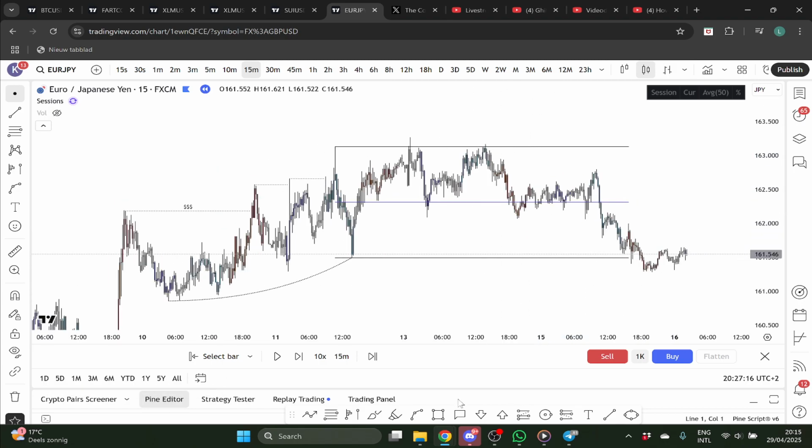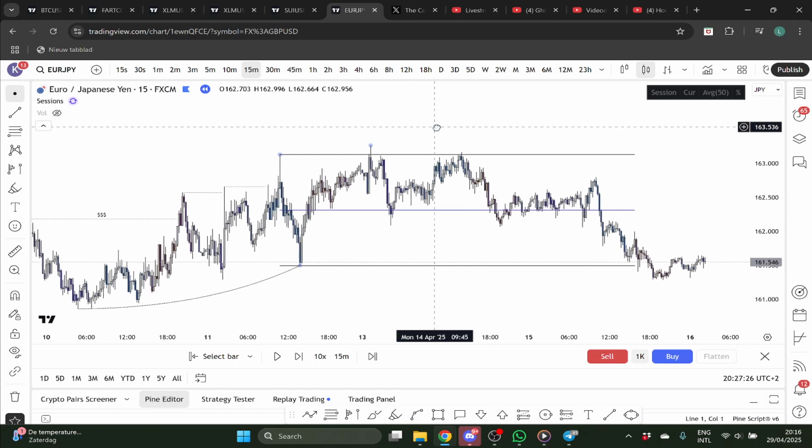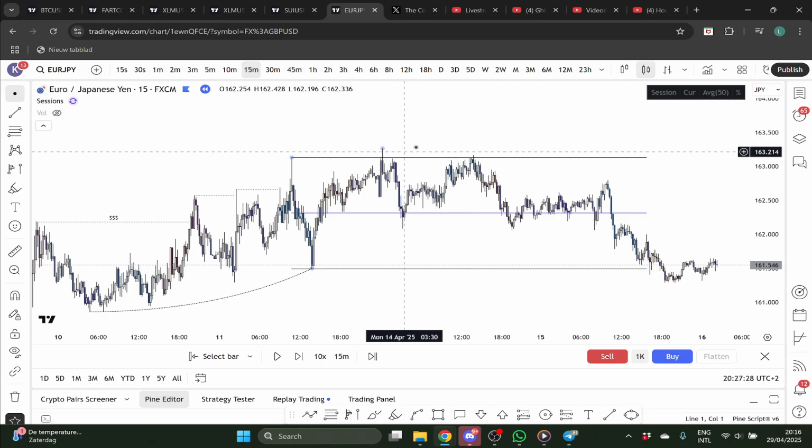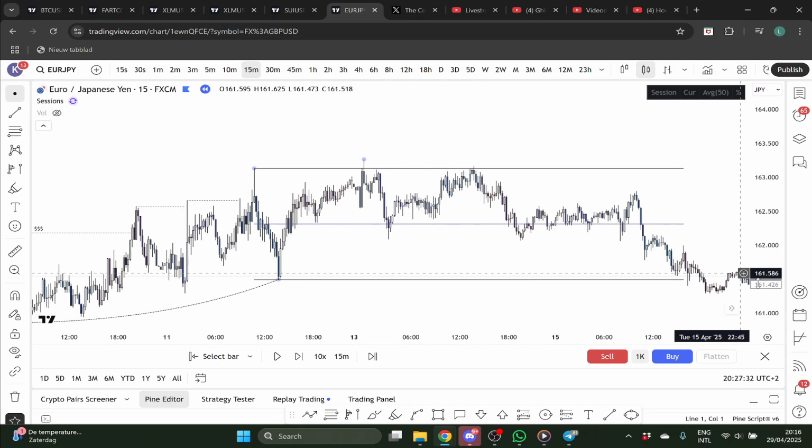Okay, so we were trending up. Initial range high, initial range low, price comes back to the equilibrium, confirming the range, and from there we have that deviation 1. Now, personally, what I could have done better is